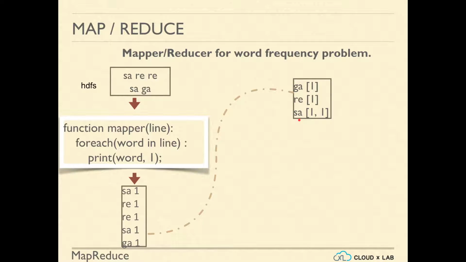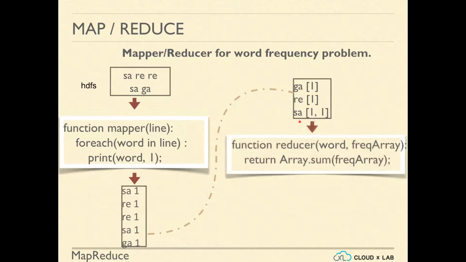For each of these groups, the reduce function is executed. The reduce function basically gets the key and the list of values as arguments. Here, the reduce function is simply summing up the values, so the outcome of reduce function is ga 1, re 1 and